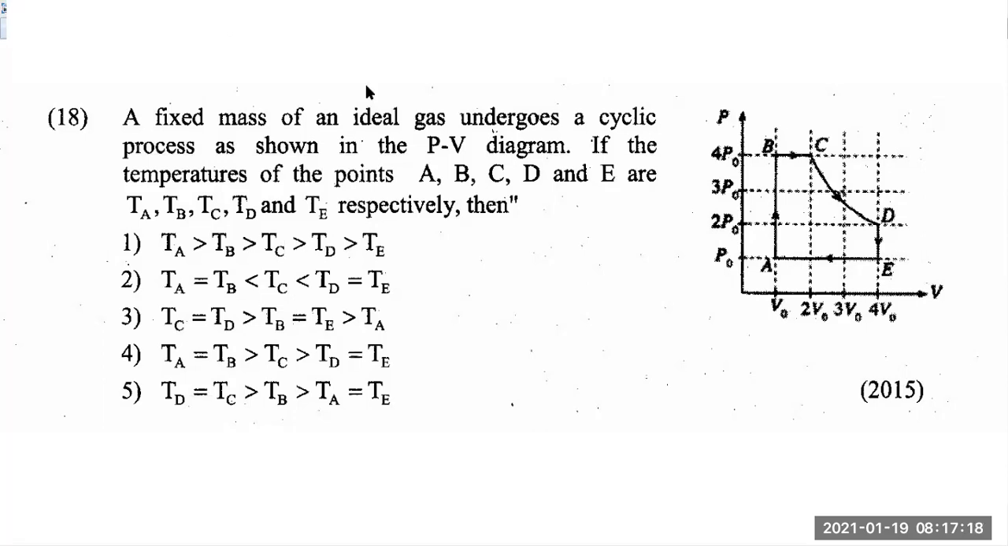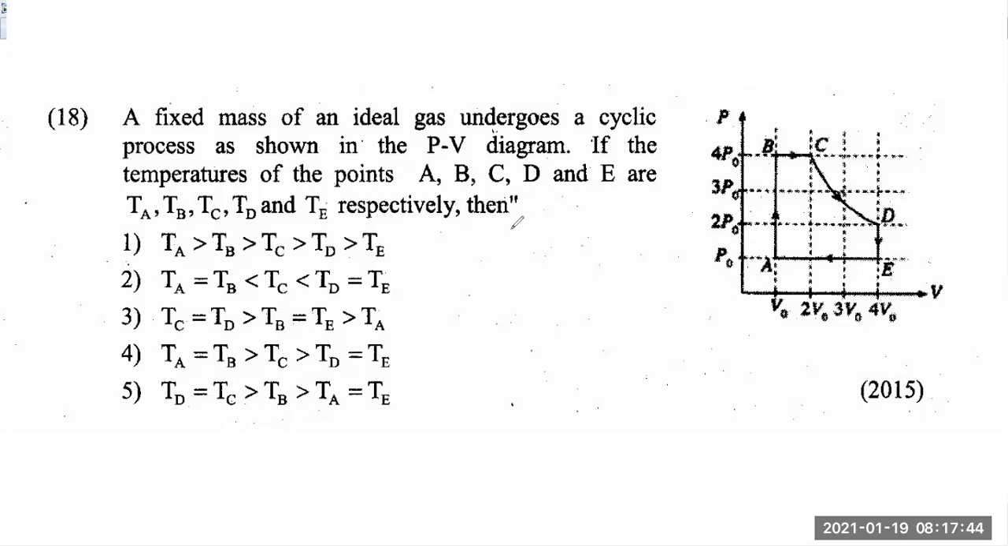Thermodynamics question from 2015. A fixed mass of an ideal gas undergoes a cyclic process as shown in the PV diagram. Right? They have given us a PV diagram. If the temperatures of the points A, B, C, D, and E are TA, TB, TC, TD, and TE respectively, then we are supposed to find out the relationship between those temperatures. Okay, right. So we discussed